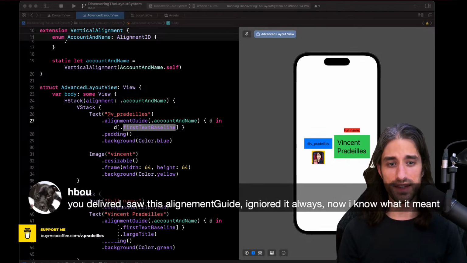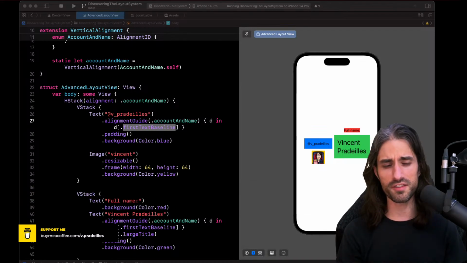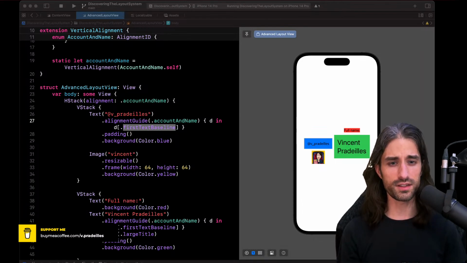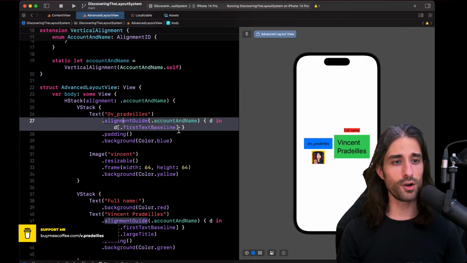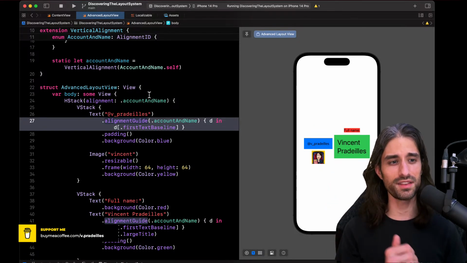And one website I can recommend is a website called SwiftUI Lab, which has some very good articles on how to deal with alignment guides. And actually, I think in the GitHub repo I've put a video which shows how alignment guides can be used and how you can set several alignment guide modifiers with different guides and then change the guide at runtime to change the alignment at runtime.